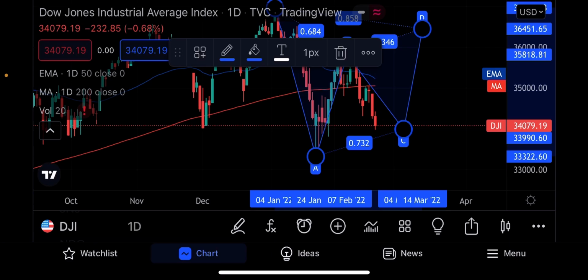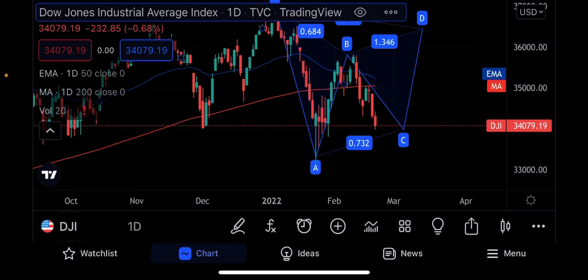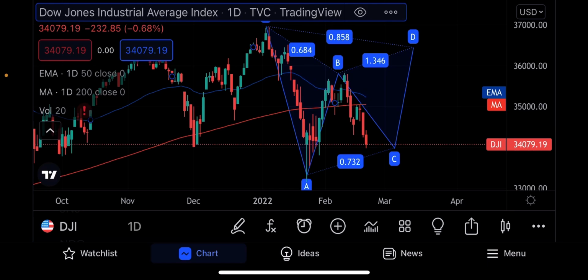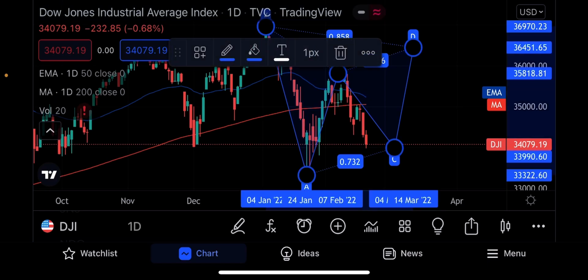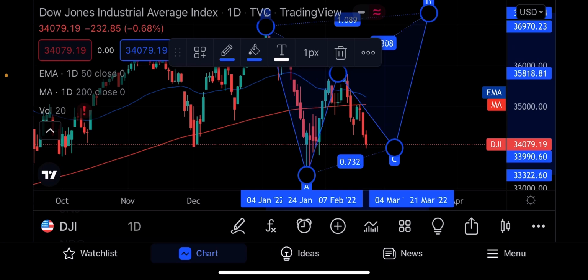So we've got a Gartley pattern followed by a Gartley retreat, which really calls for a move somewhere higher, D, that I haven't drawn, but we're really just looking for direction. So that would be somewhat higher.